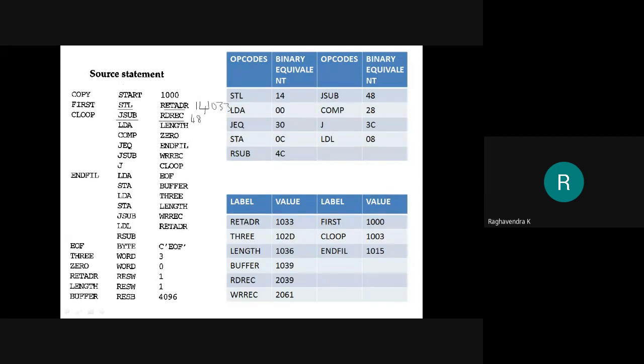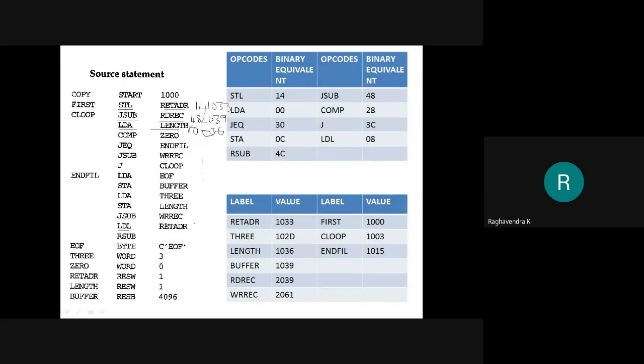Yes, 2039. Next, LDA length. What is LDA? 00. What is length? Length value is 1036. Isn't this easy? If we continue further, for example, I'll write the last instruction,